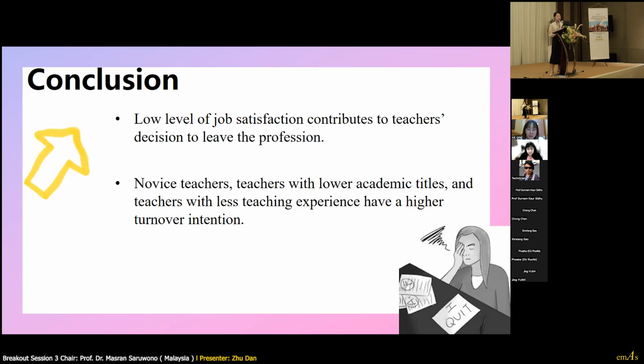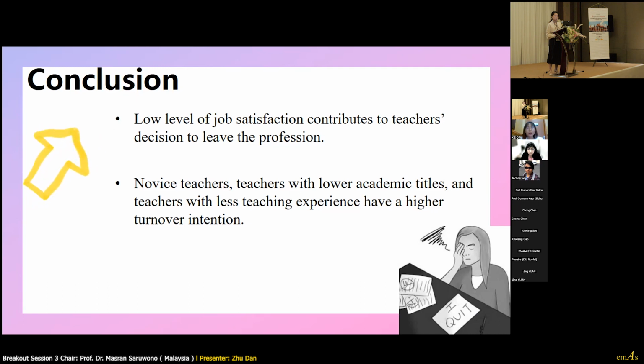Okay, good afternoon, everyone. This is Xie Qing from the College of Urban Transit, China. Now let's come to the conclusion part. In this paper, teacher turnover intention in private higher education institutions is examined. A pilot study that involves 62 teachers was conducted.